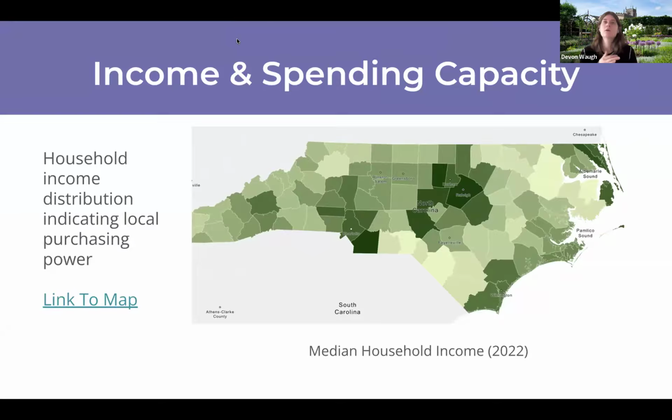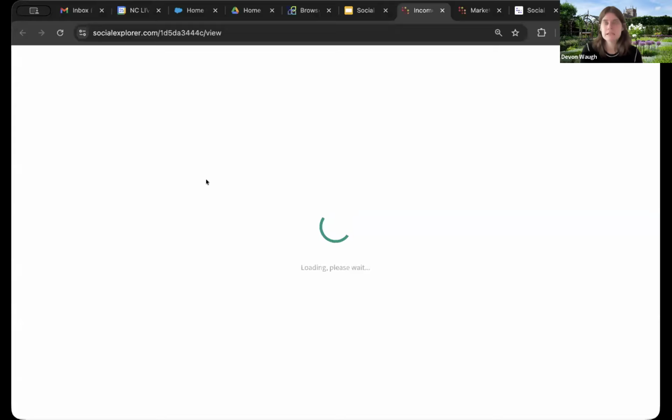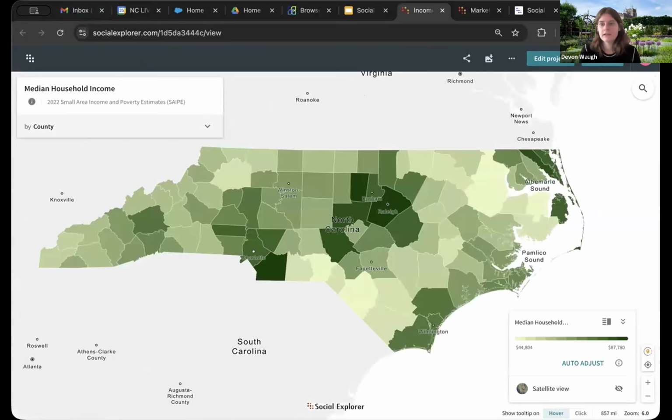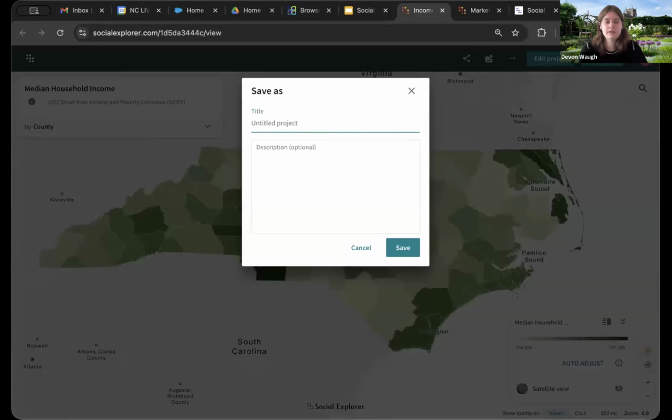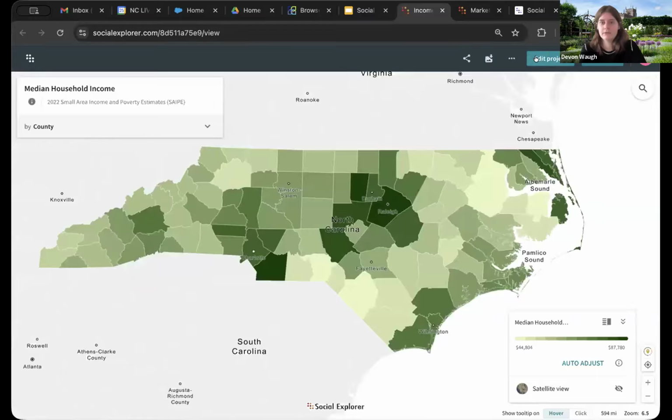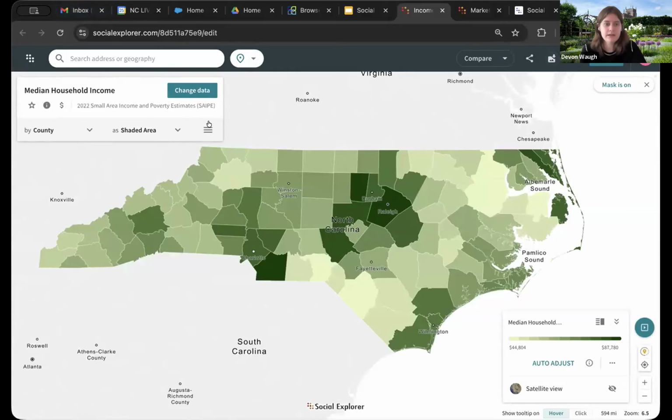You can see things like where the $1 million homes are located in your county or in your census tract, and see that local purchasing power. And so I made this map of median household income from 2022. And I'm going to edit this project so you can see how I can